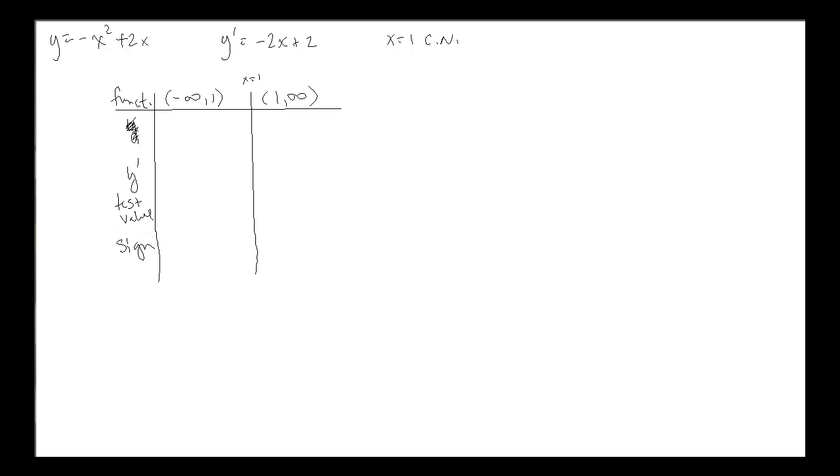Now, why do I just need to pick one value? Well, let's see. We analyze the derivative. Remember, keep that original drawing I had. Keep this guy in mind. It's not the graph of this function, but keep that in mind. Remember, our critical numbers were places we had tops of hills, bottoms of valleys, right? So those are the only places where the derivative is 0. Okay, so we have only one place where our derivative is 0. In fact, it's an upside down parabola. So we have just this one place where the derivative is 0.